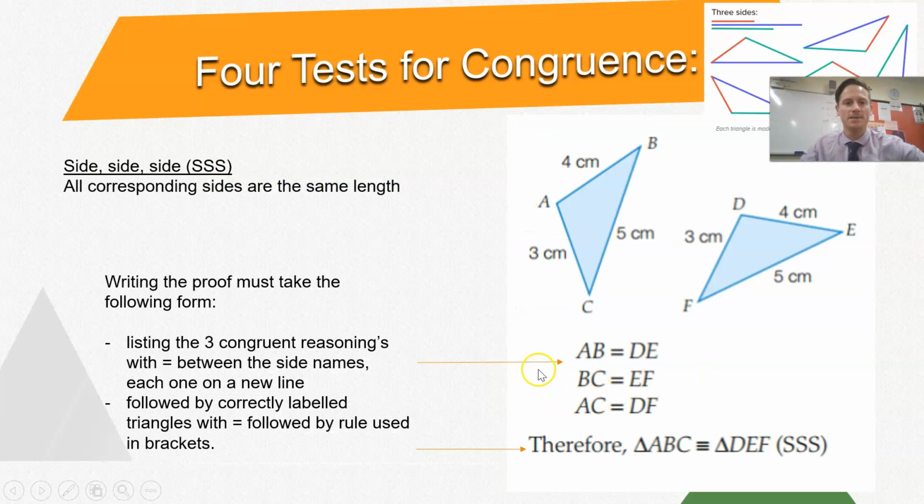So we have 4 tests to show congruence. The first test is called SSS, which is side, side, side. And that's if we can prove that all corresponding sides are the same length. To write the proof, we need to list the 3 congruent reasonings with equals between the side names, each one on a new line. So if I'm drawing this one,